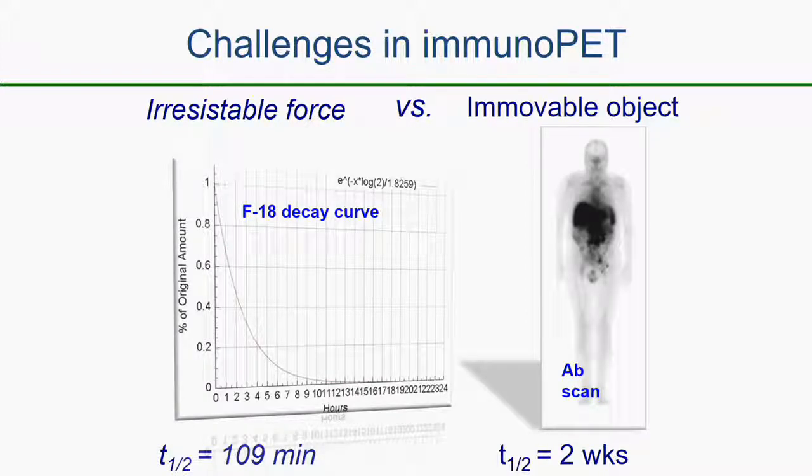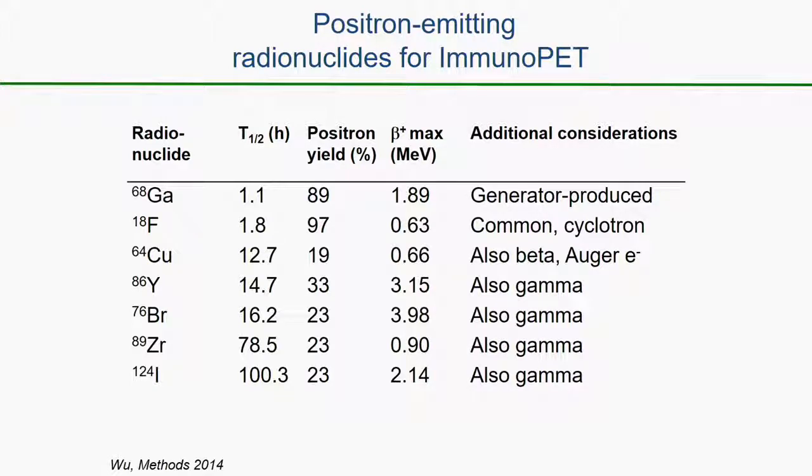And by that time, your F18 activity would be long gone. So fortunately, in the immunoPET field, we've been addressing this on a couple of fronts. And one of the biggest advances, and it's been slow, but it's been building, and I won't say how long I've been in this field, is that we now have access to a fairly broad and growing spectrum of positron-emitting radionuclides with a variety of half-lives, and many of which have really opened the doors to imaging with